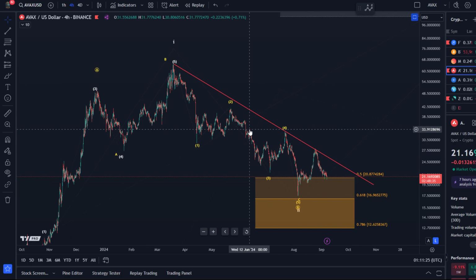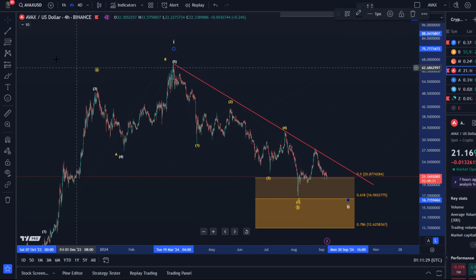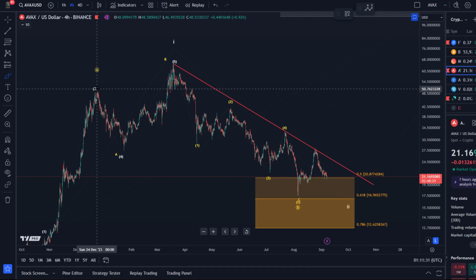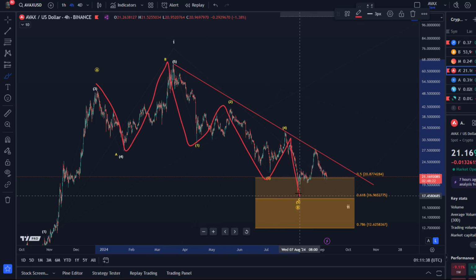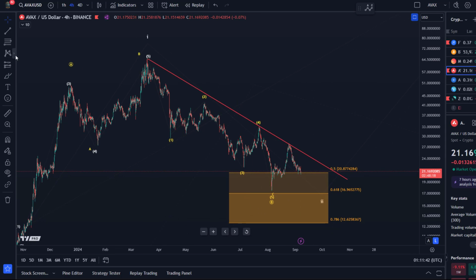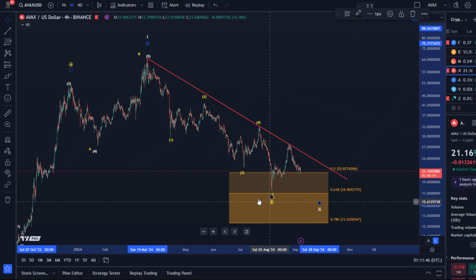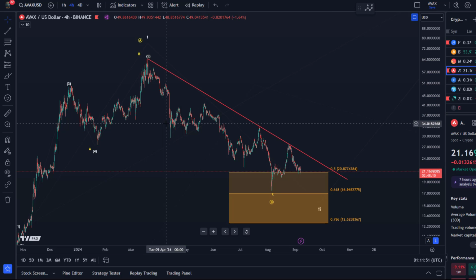So I'd much rather think that the low could be in, then we can say circle A topped here in 3 waves in December 23, A wave down, B wave up, 1, 2, 3, 4, 5. That wave count is valid. Okay. Or if we get another low and I start to see that as more likely,